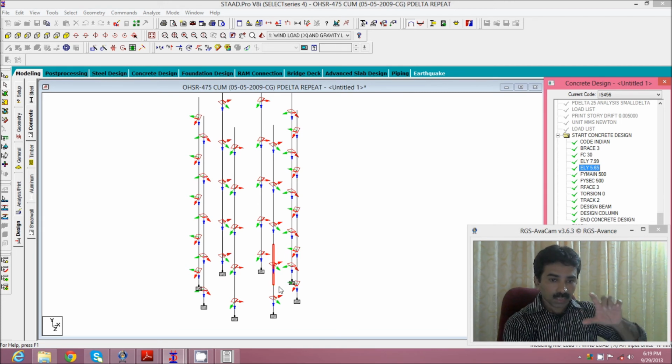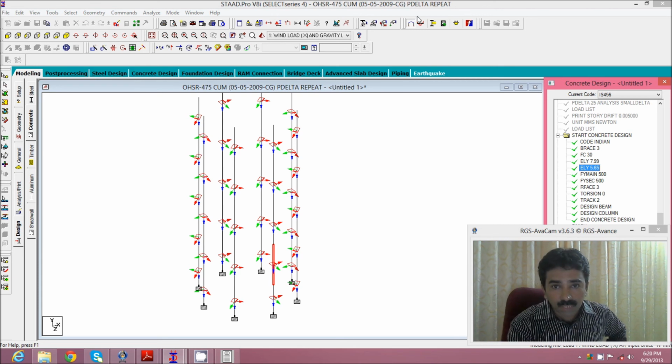Only the nodes matter: the system understands the clear length of the column between this node and this node, and hence the difference between this node and this node is one dimension, and the difference between this node and this node is the other dimension. These two values are different. That's the only thing. And that way we are magnifying, or we get a certain amount of big delta by giving this particular condition, and finally taking the moments.